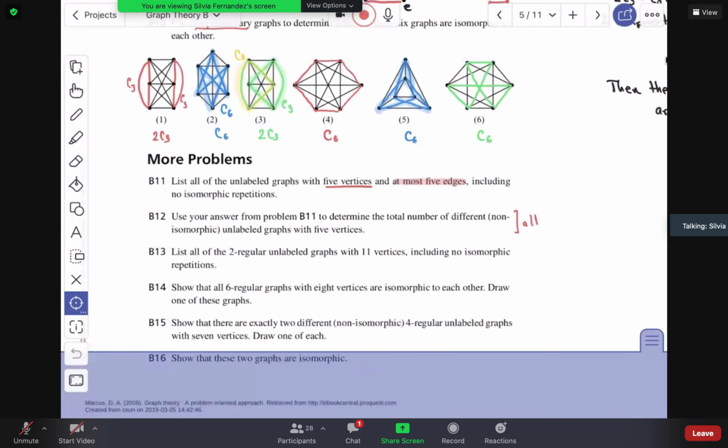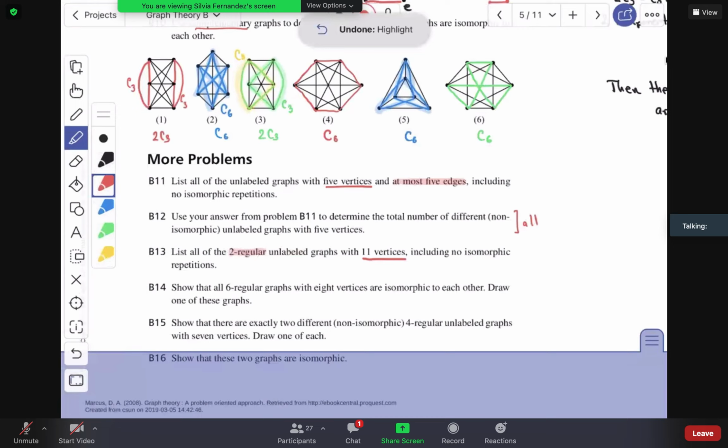So these are the 2 regular unlabeled graphs with 11 vertices, including no isomorphic repetitions. It's the same type of problem, but this time you have 11 vertices. Again, making the list of all the 11 vertex graphs will take a really, really long time, okay? So to make the problem easier, they're asking you to just find the 2 regular